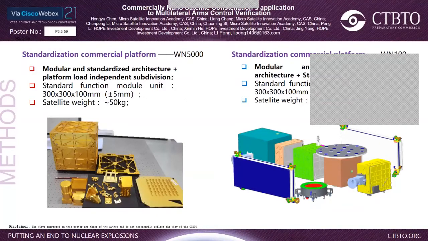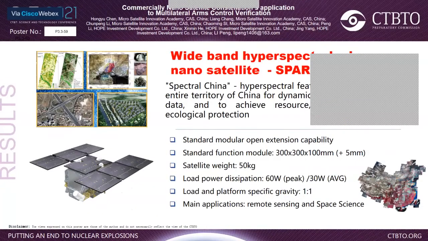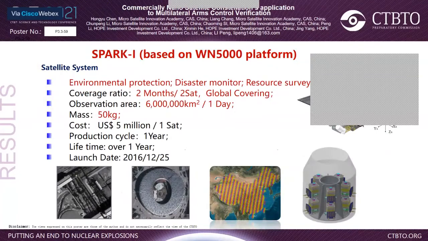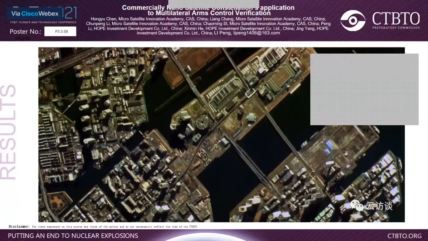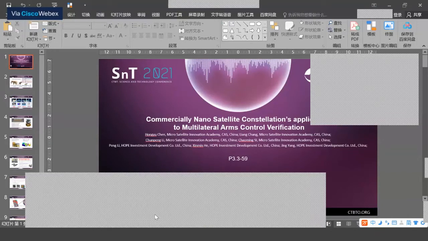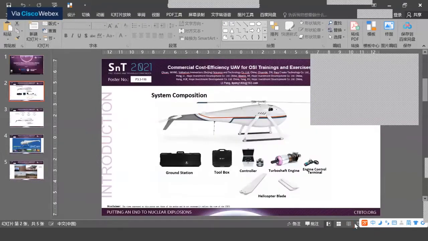And we can provide not only remote sensing micro and nano satellite platforms, we can also provide communication micro and nano satellites. I can give you a number for the price. It could be something like 5 million for a small constellation. This picture will show some of the application scenarios. This is the first presentation. Second one is for